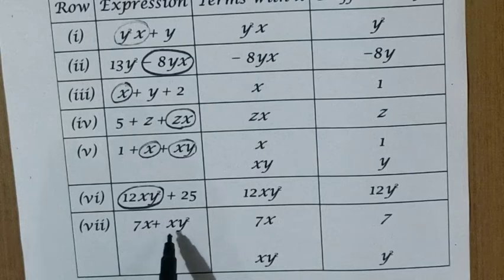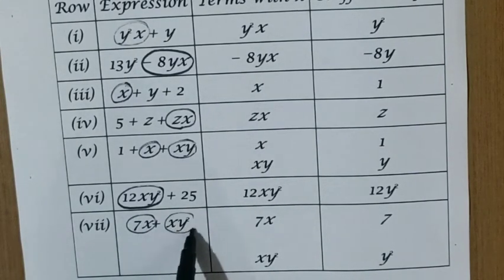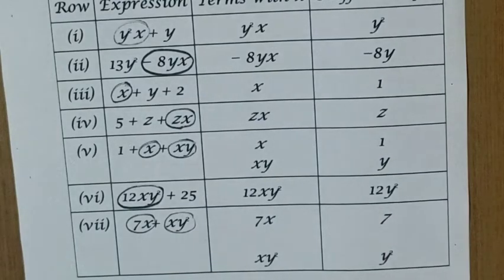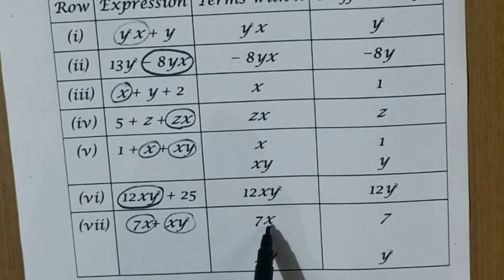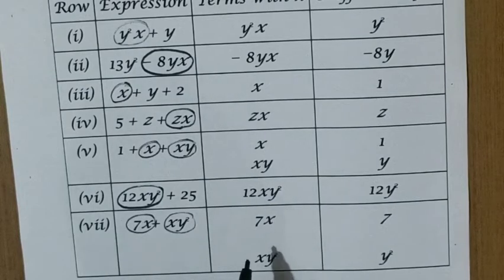Now 7x plus xy square. So both terms are having x. This has x and xy square also has x. So the terms we will write differently: 7x and xy square. For 7x, what is the coefficient? Coefficient is 7. Coefficient of x is asked here. So the coefficient of x here means it is y square. Clear? So these are the terms with x and coefficient of x we have written for this question.